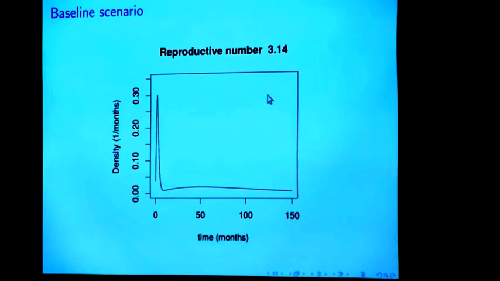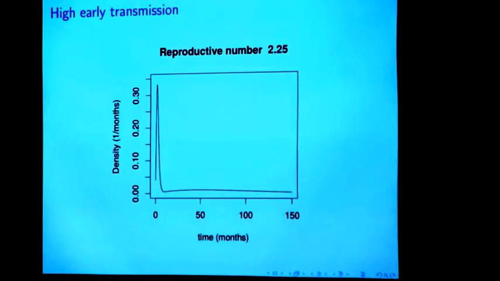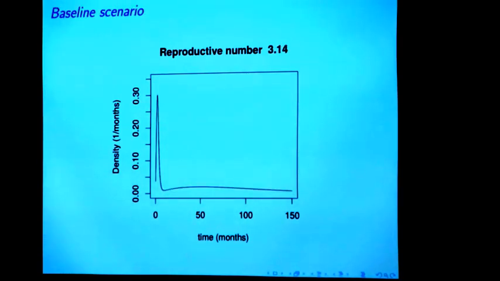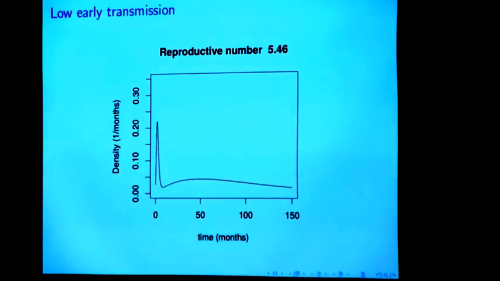People are high here because they might be particularly socially or biologically active. You have this short viremia, and then they get more infectious for a while, and they start dying or getting sick and having less sex. But to match little r in the baseline scenario, we need a reproductive number of 3. If we increase this early phase, make it more important, then we need a smaller reproductive number to explain the same data. Whereas if we decrease the early proportion, we predict a much higher and scarier reproductive number for